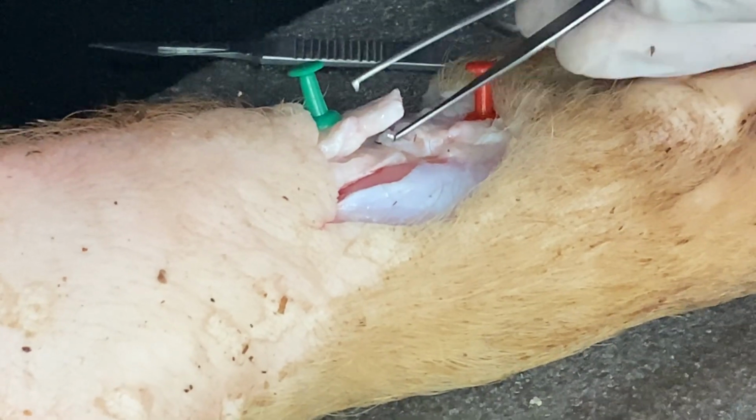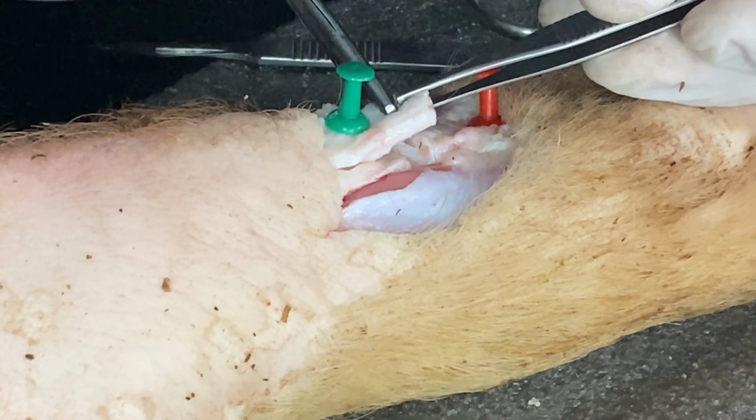Crushing is like, see, if I apply more force here,